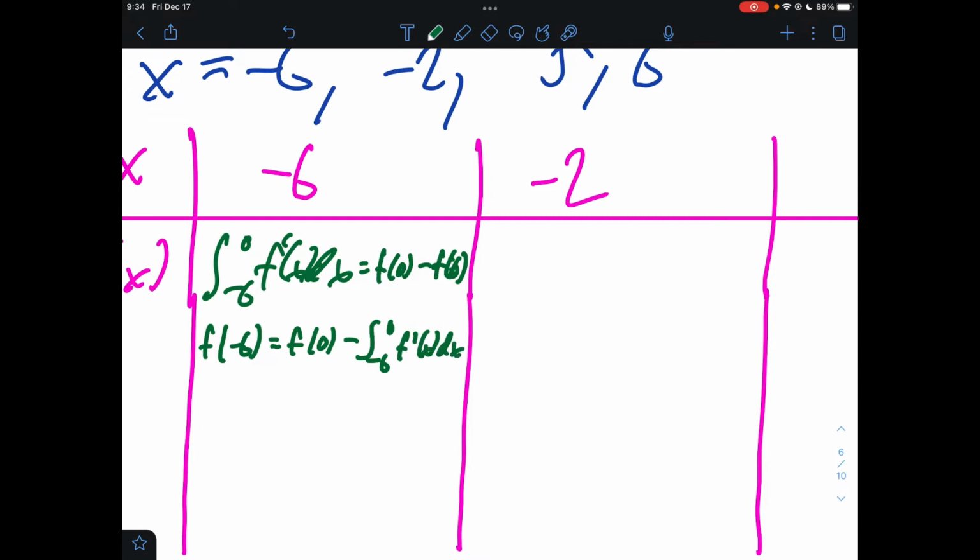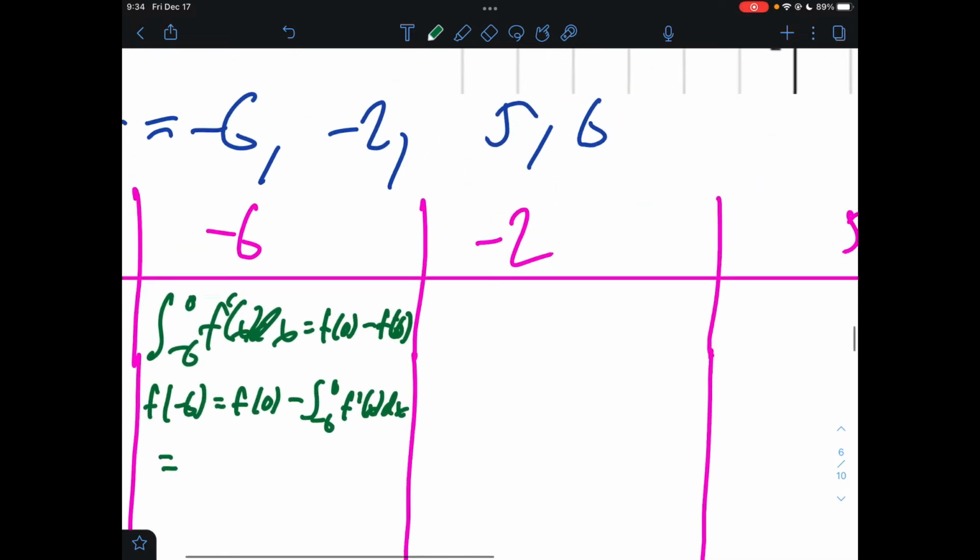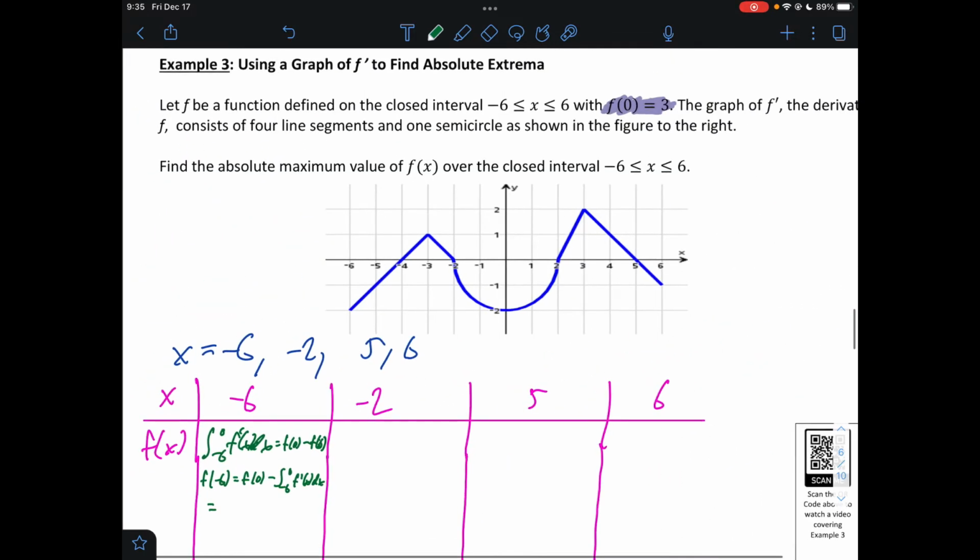All right, we know f of 0 that was given to us is 3,